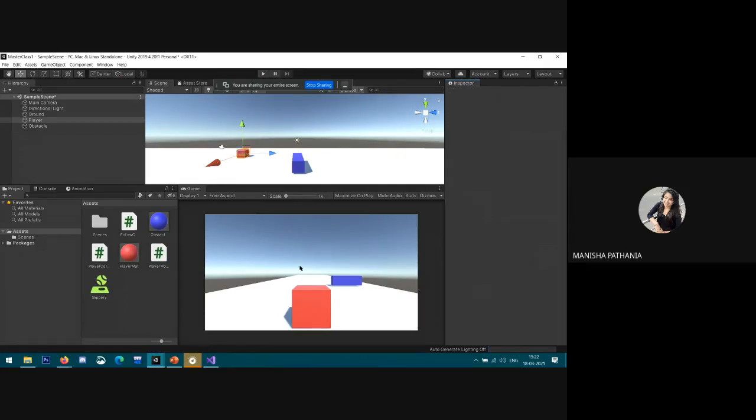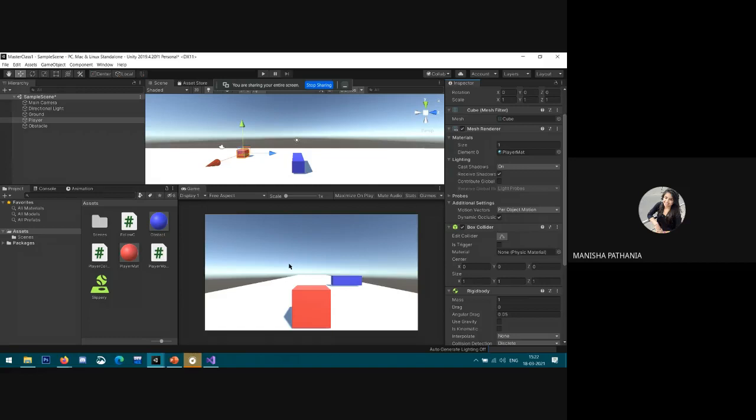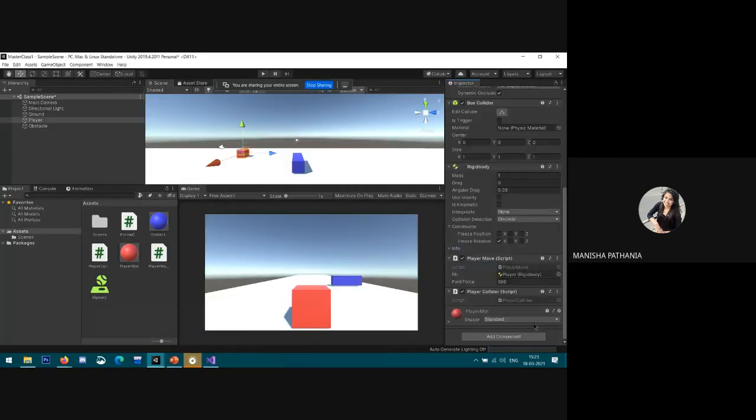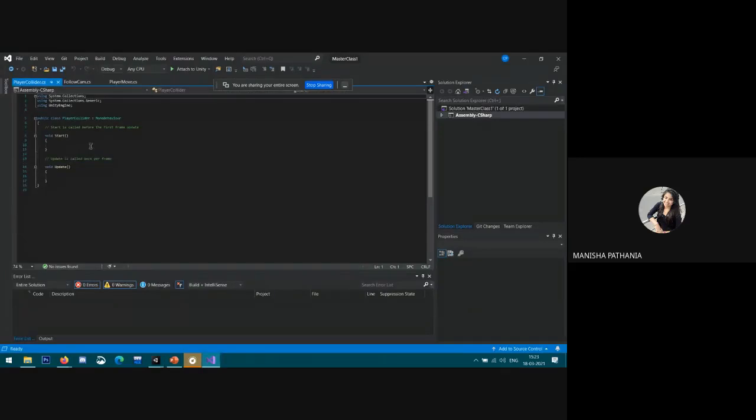Double click on this. Yes, it's open now.